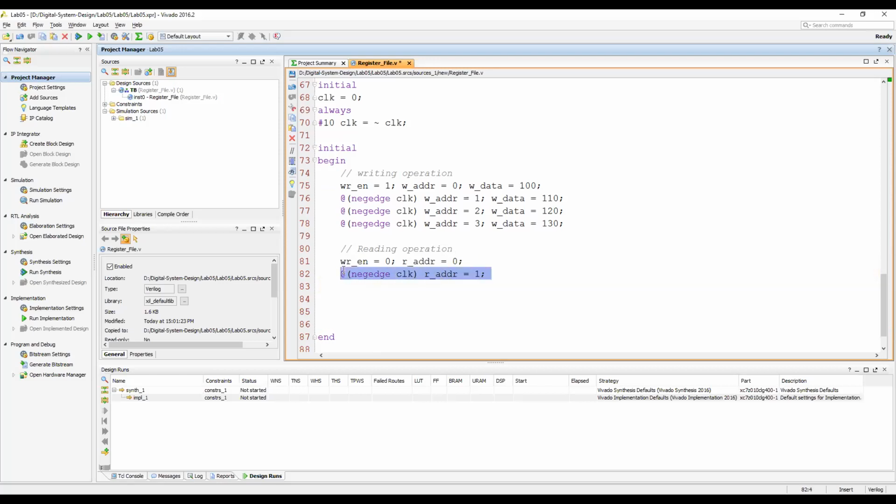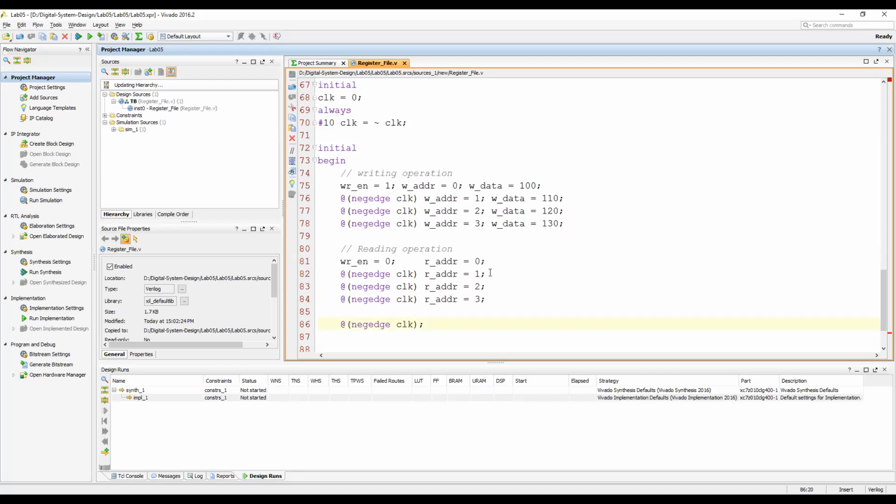Then some delay, and then some delay. All right, so these are the addresses: this is 1, this is 2, this is 3. Okay, so the reading operation is done. Then put some delay and then finish the simulation. Let's say negedge clock and stop simulation.